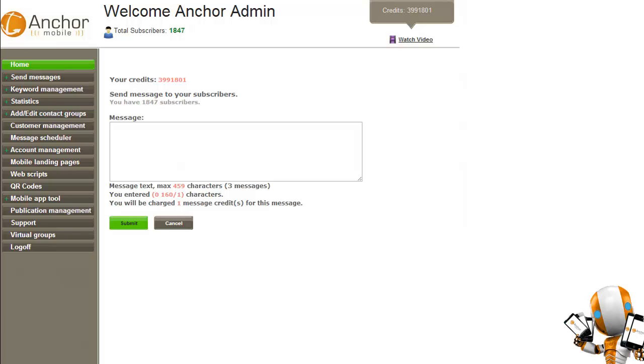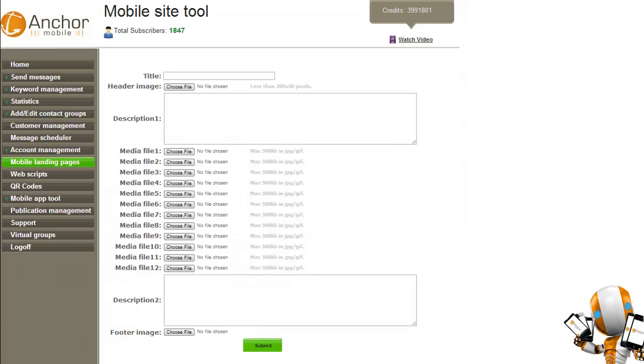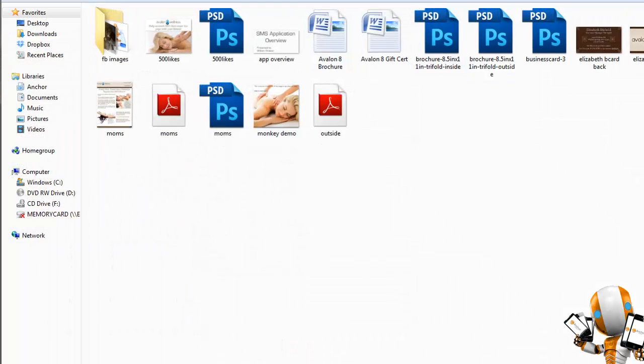Now we're going to move on to the mobile web portions of the application, such as the mobile landing page. We're going to start here. So mobile landing pages are really simple to create. We click Add New, and we can title this. So I'm going to name this one Real Demo 830 because I'm going to create one for if it was a real estate company. So at this point, we're going to click our header image, and we're going to go